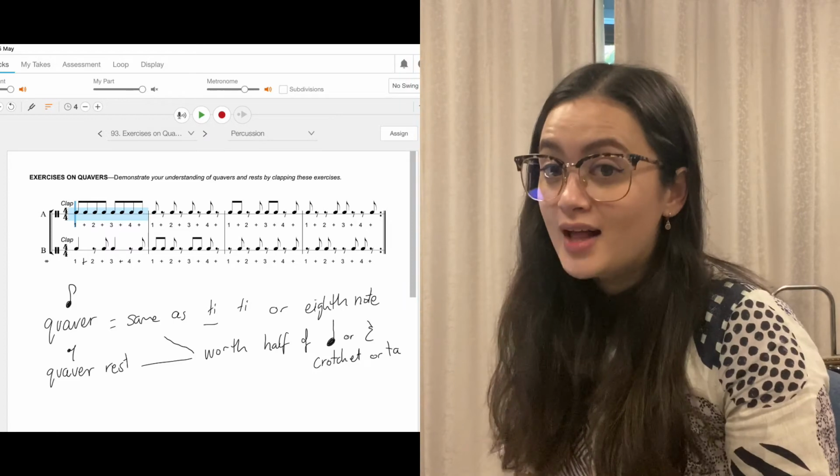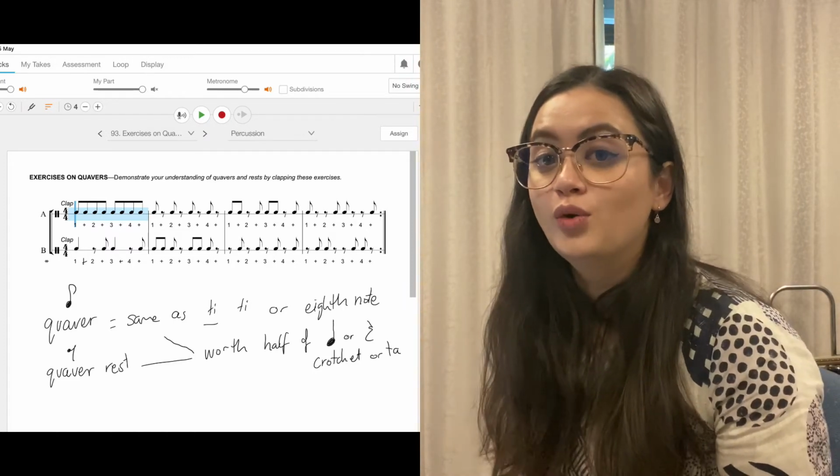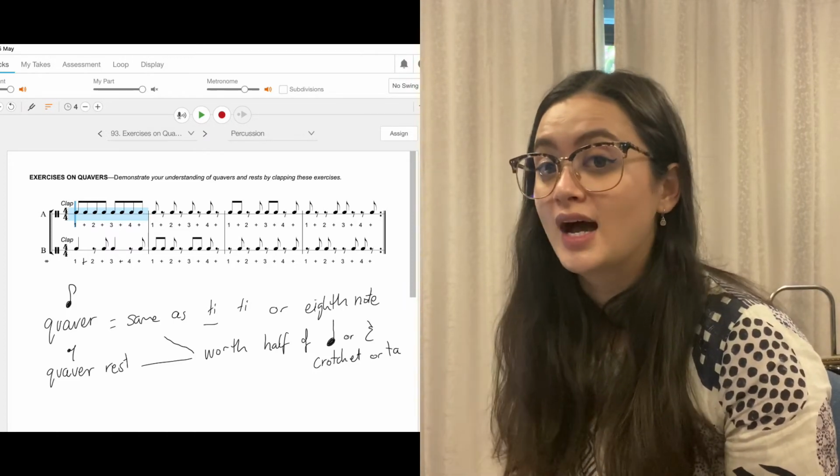If you want to level up your counting, say all of the quaver rests in your head silently rather